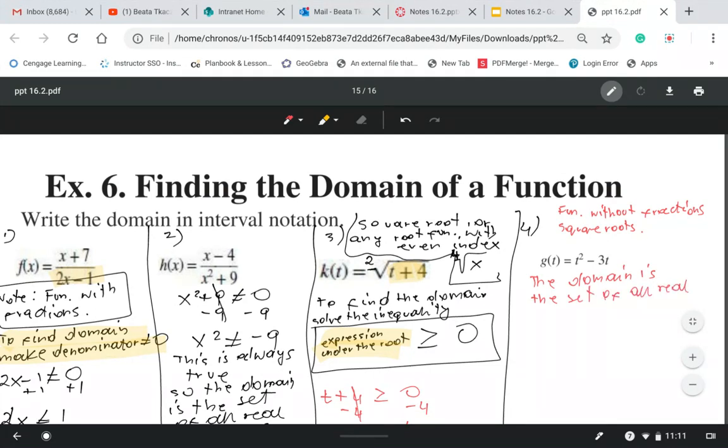We don't need to do anything, all real numbers. When you have a nice function without any restrictions, you don't see fractions, you don't see square roots, the domain is the set of all real numbers, which is from -infinity to infinity. That means for x, in this case for t, you can choose any number you want and you always will be able to evaluate that function. So the domain is the set of all real numbers, and that works for all linear functions,